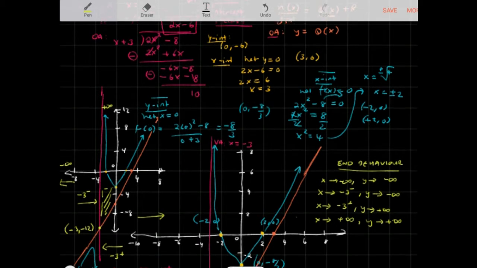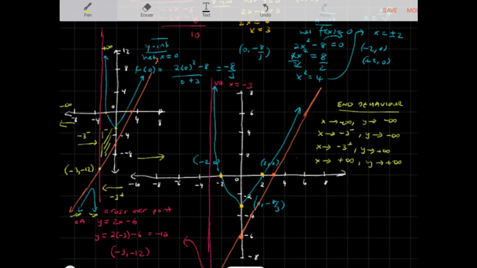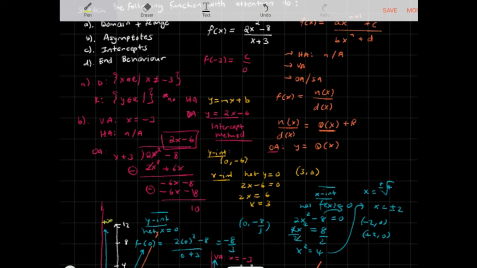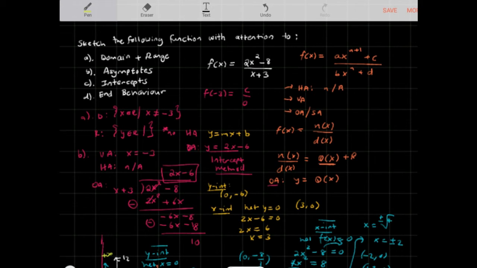We don't need to be very specific with this, but I think by sketching the function out, it'll give us a much better picture of what this function's characteristics look like, right? So yeah, this is the idea. It does get a little bit more complicated as we go on with